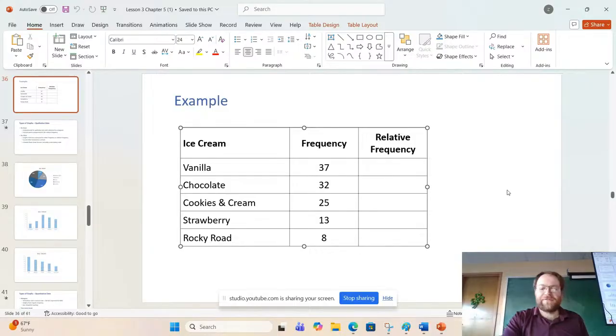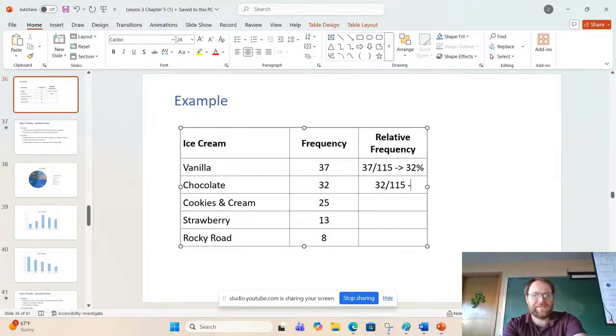$115. So the relative frequency for vanilla is 37 over 115. Percentage-wise, that would be 32%. And we can do this for all of the other ones. So if someone wants to calculate those,